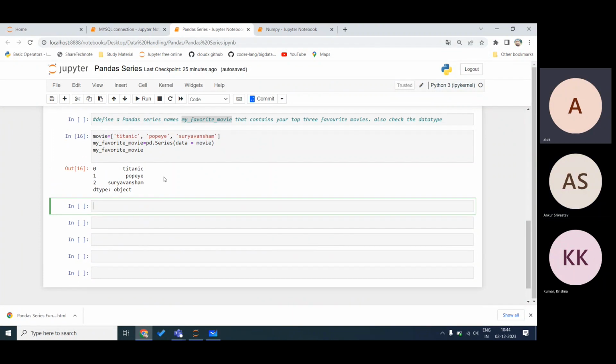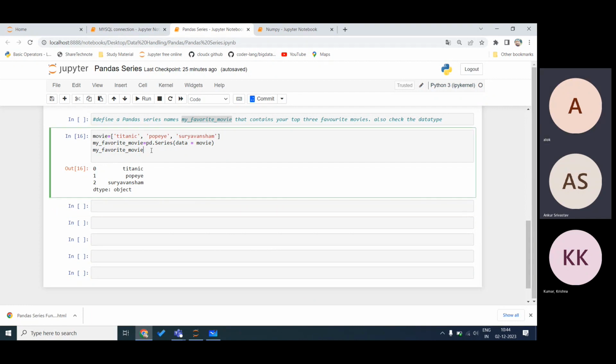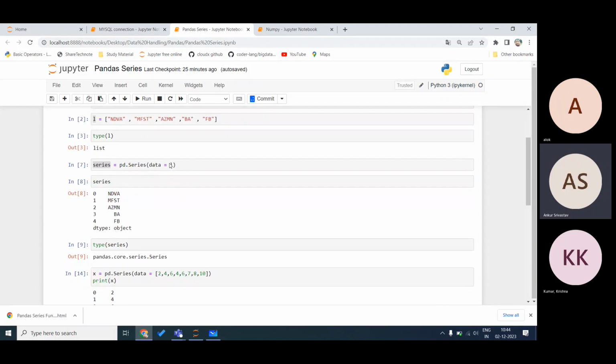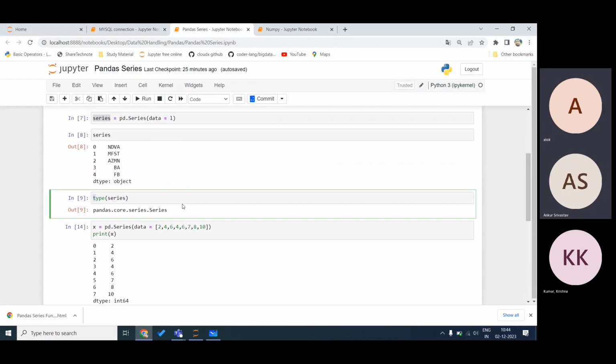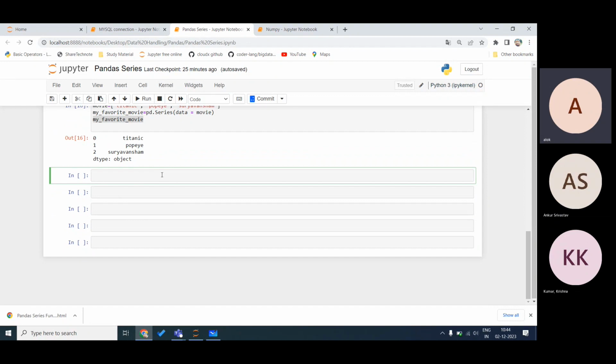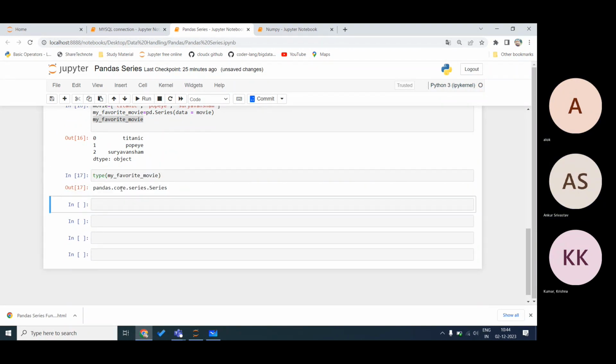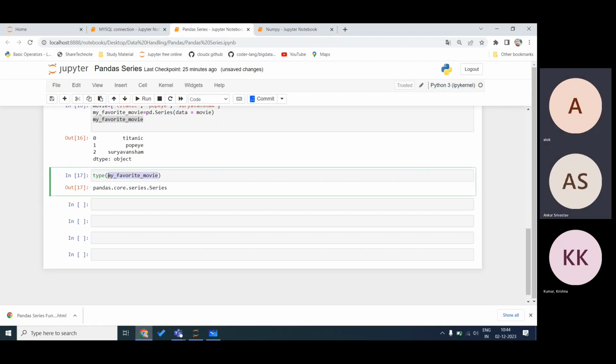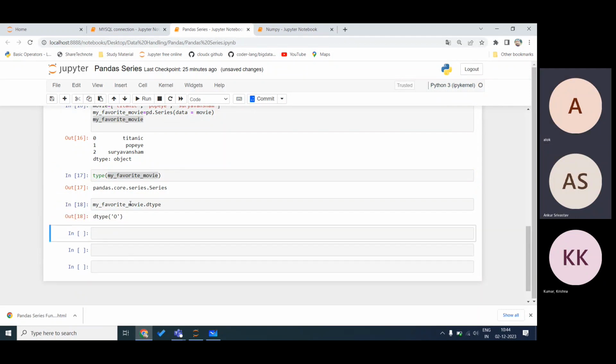Which command do we write so that it gives us the data type? If you just want the data type, it's dtype. Type here gives pandas Series. I think dtype is not working here. Just checking.